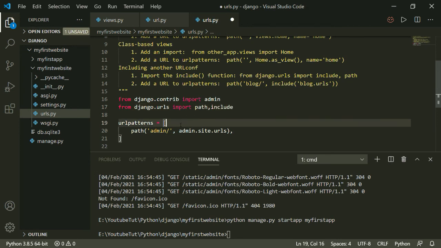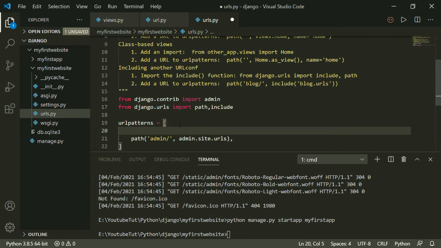Okay, and here I will create one more path, and the path is basically my first app, because the app name is my first app, followed by a slash. So go and find the URLs in this particular path, and I will say include, and give it a name. I will copy this and say include myfirstapp.urls.